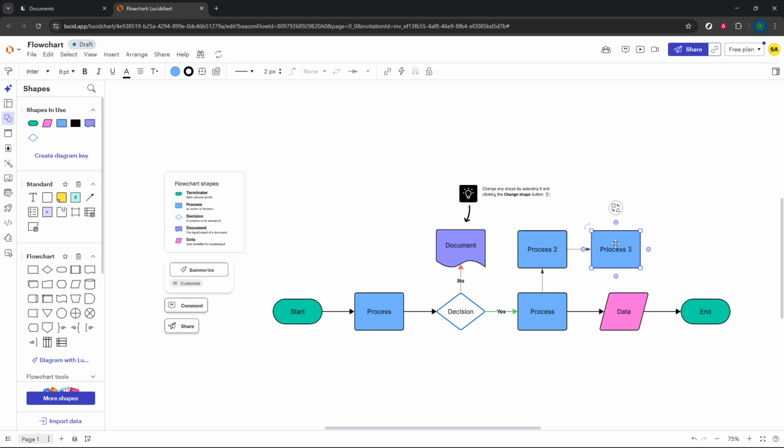Finally, take advantage of Lucidchart's robust editing capabilities to refine your diagram. Feel free to adjust shapes, change colors, align text. The possibilities are vast. The platform is user-friendly, so don't hesitate to explore its features to enhance the clarity and look of your diagram. And there you have it. With just a few clicks and some creative input, you can